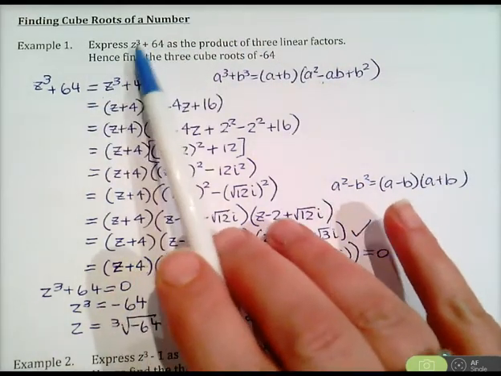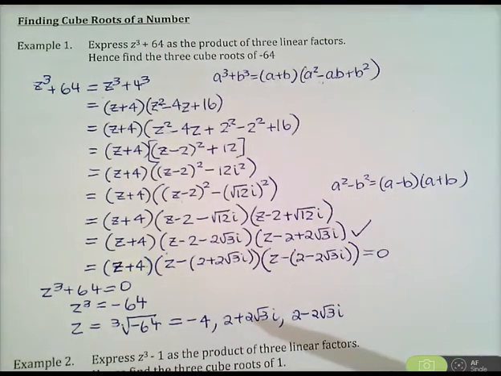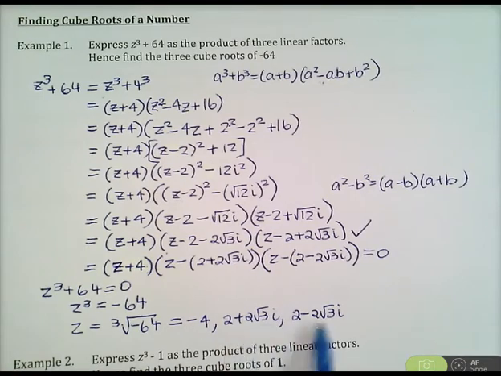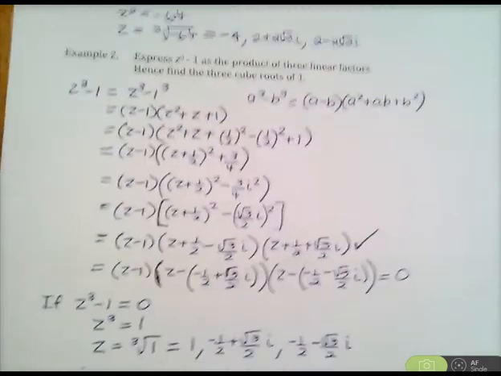The coefficients of all your terms are real, and so two of the roots are complex conjugates of each other: 2 plus 2 root 3i, 2 minus 2 root 3i. Okay, so just keep that in mind if you're asked